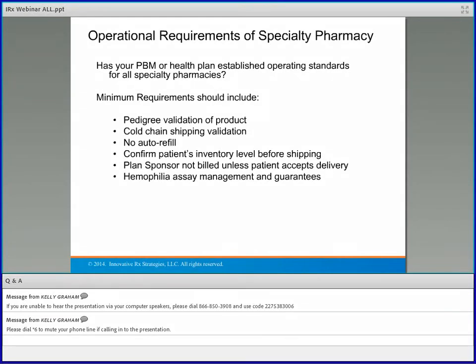So within hemophilia, it comes in lots, and these lots will have varying degrees of factor within them, and you want to make sure that that gets managed pretty tightly by your specialty pharmacy, that there's not a 10%, 20% grace period, or that it's not getting refilled too quickly, right? Because, as I said, a lot of times hemophilia is a hereditary thing, so if Johnny's got it, most likely his cousin may also have it. And so, you don't need to be paying for extra hemophilia factor that's being shared with a relative. So it's pretty important from a management perspective and guidelines on the hemophilia side to make sure that the specialty pharmacy is helping you manage those assays.